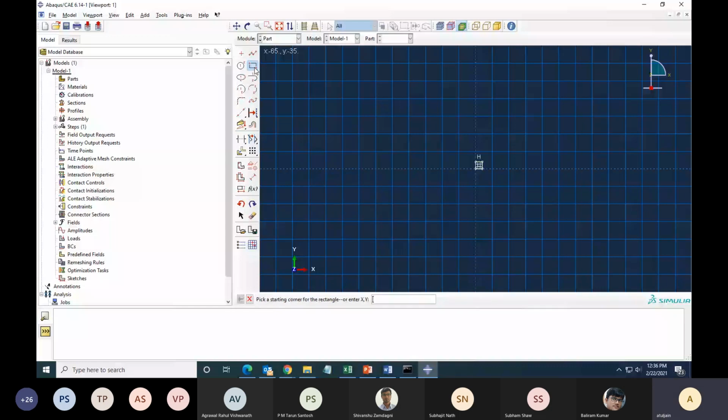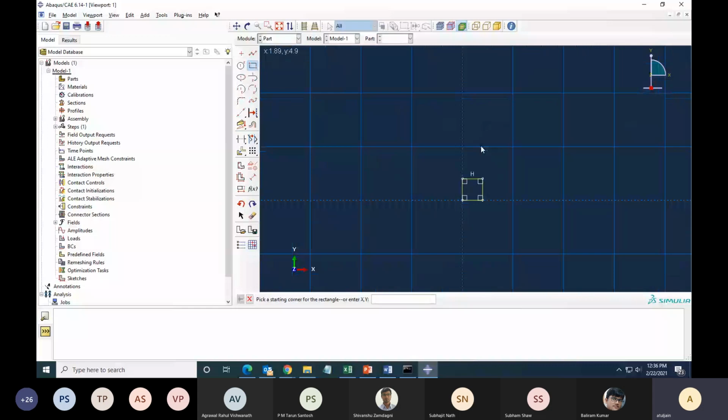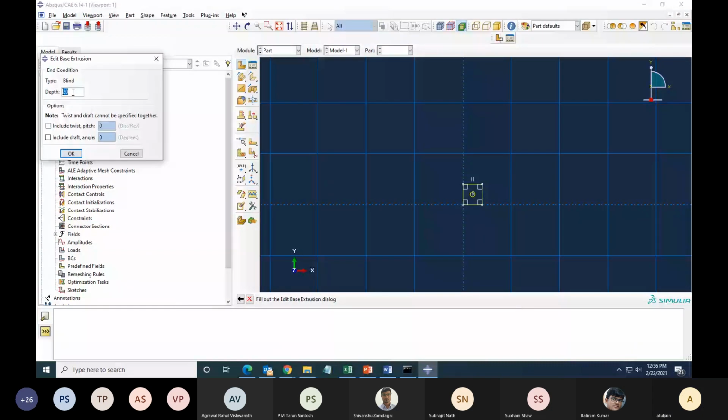In the rectangle, let's put a circular hole. So let's put center 1, 1, and diameter will be 1, 1.25, any point in the perimeter. So it becomes something like this. And then you click cross and then you say done. Now, how deep do you want it to be extruded? Let's put 20. I say okay. So my part has been created.